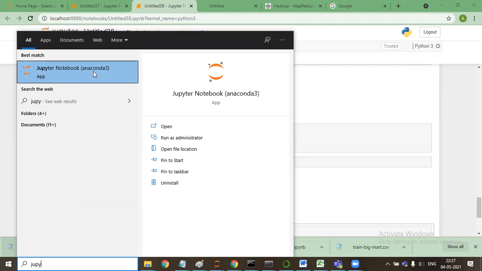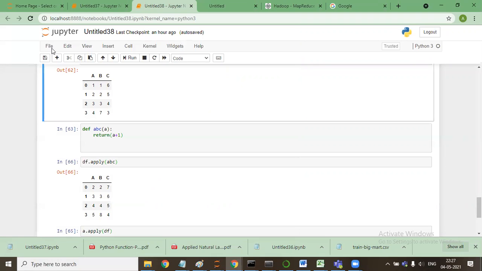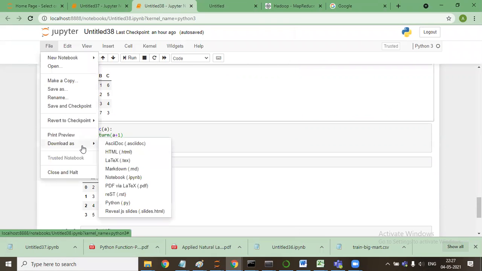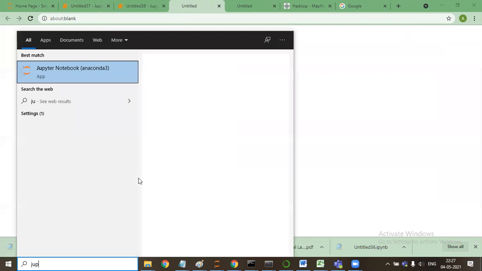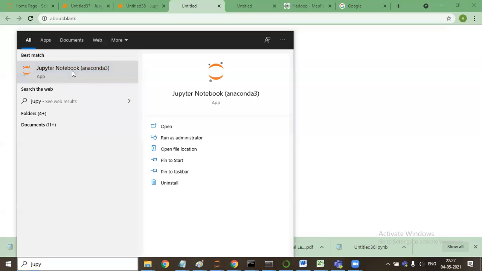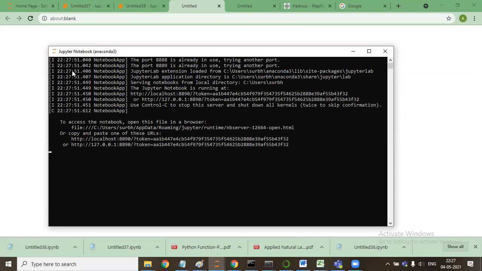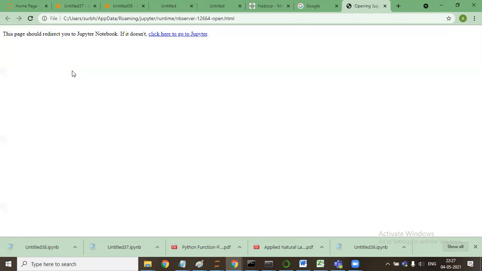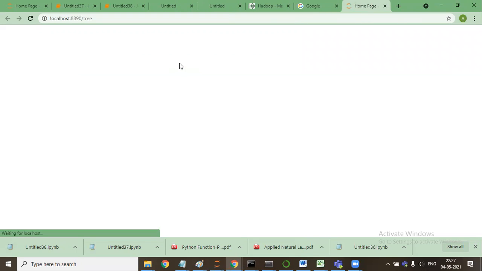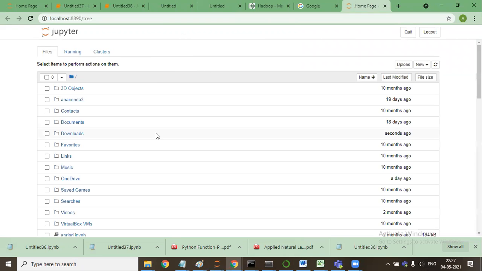Let me tell you, when you open it like this, it opens in this format.